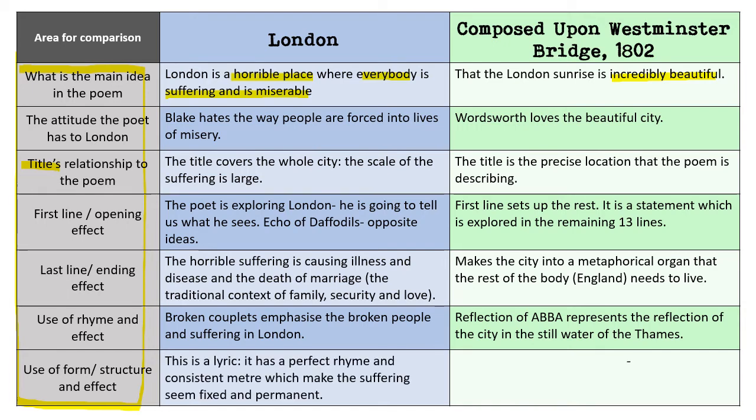Finally, the last thing to think about here is the use of formal structure and the effect it has. Well, London, as a poem, is called a lyric. The way it's set out, everything rhymes neatly. It could be put to music. It could be a song. You can imagine it happening. So that's why it's called a lyric. It's got perfect rhyme, consistent meter,